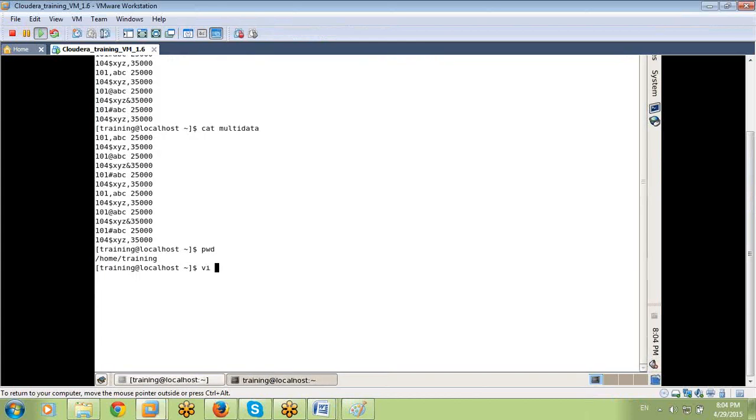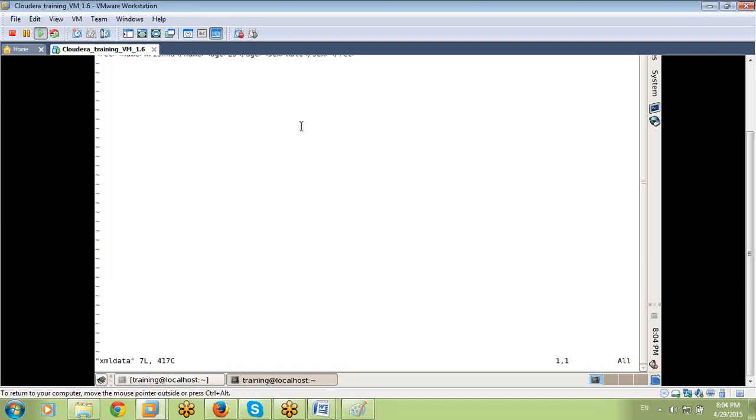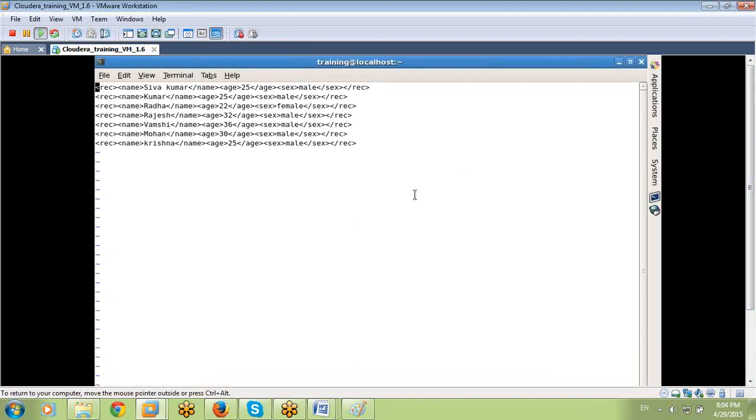Go to vi or gedit, anything is fine. Give one name, XML data. Create a file. Before doing any practice, data is important. If you have the data, then only it is possible to practice. Right. So enter. Yes, I have already 4 records available. I am using the 4 records only.